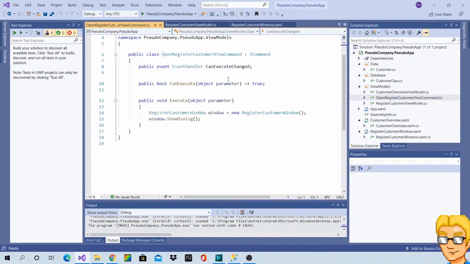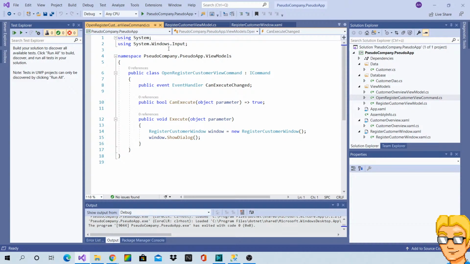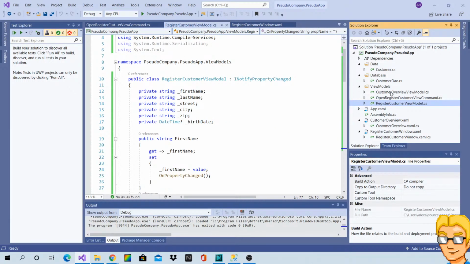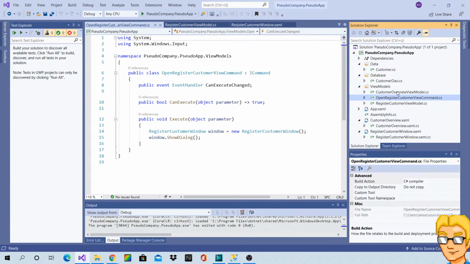Technically not a view model, but I'll just keep it in here.